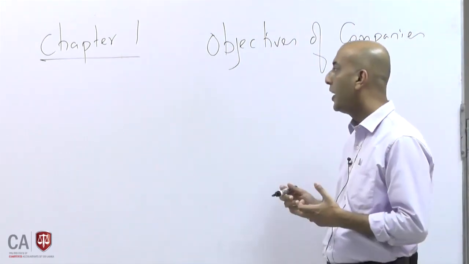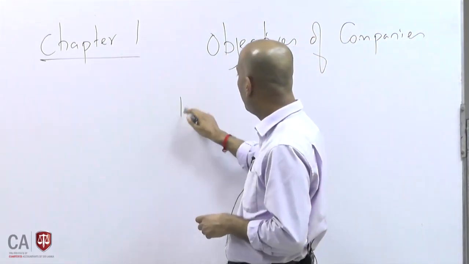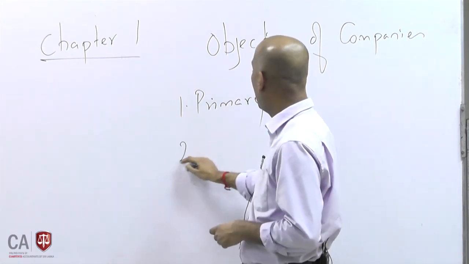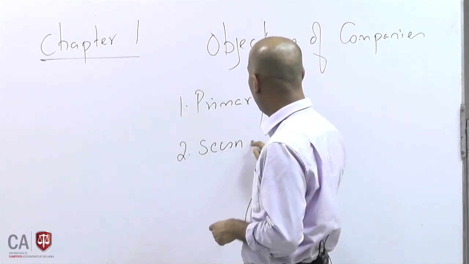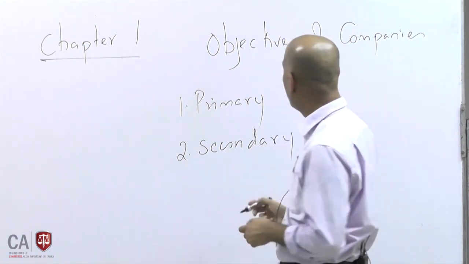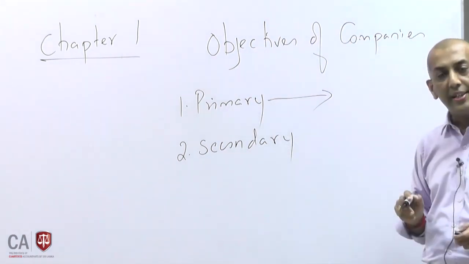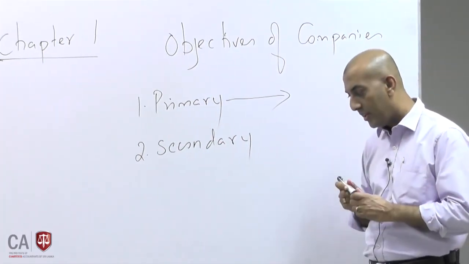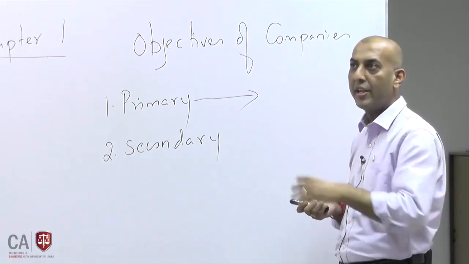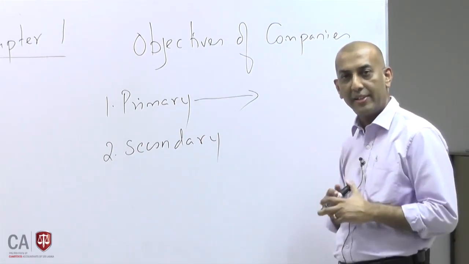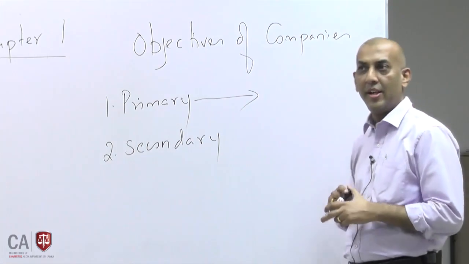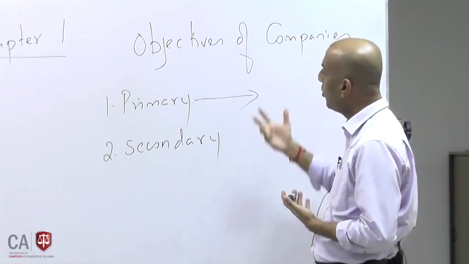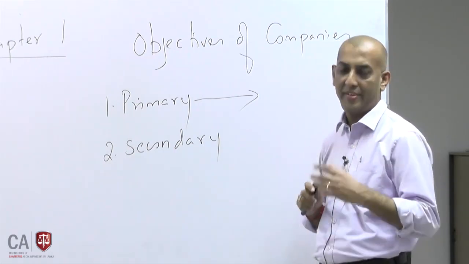When you look at their objectives, I would like to put it into a concept of primary and secondary objectives. So what is the primary objective of any organization? You might have thought the company's main objective is to make profits, profit maximization. But in today's context, or even earlier, if you really look at the objective, it's not the profit.